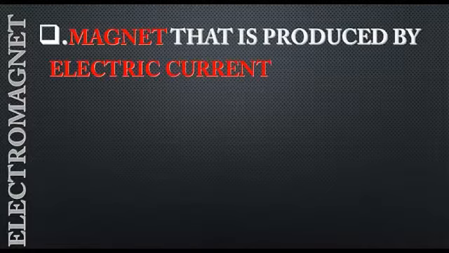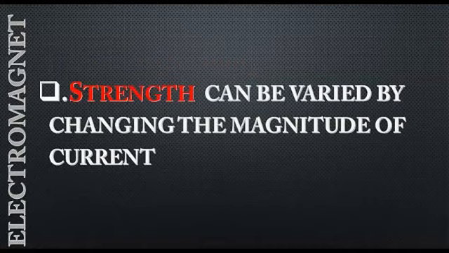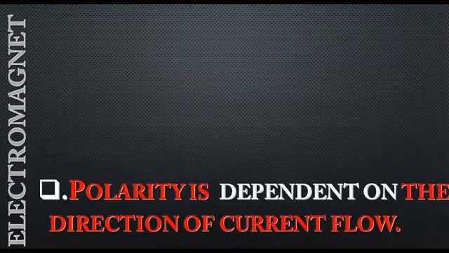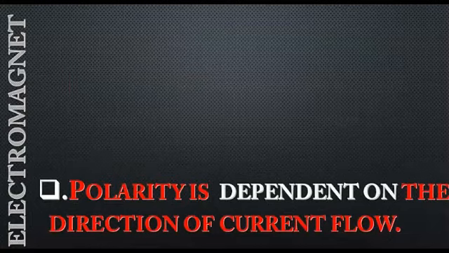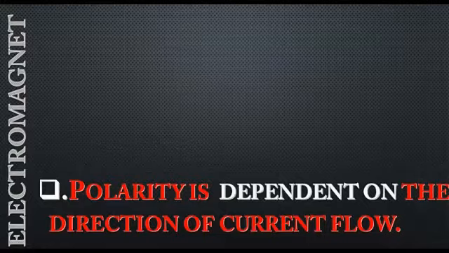Hello guys, in this video we are going to look at the idea of electromagnets. An electromagnet is a magnet that is produced by electric current. The strength of the electromagnet can be varied by changing the magnitude of the current. The polarities, which refers to the north and south pole of a magnet, is dependent on the direction of the